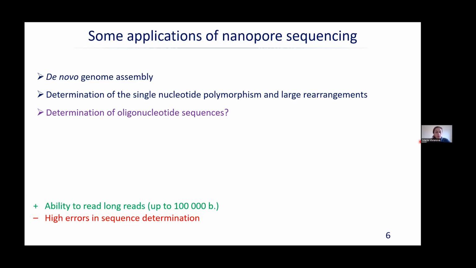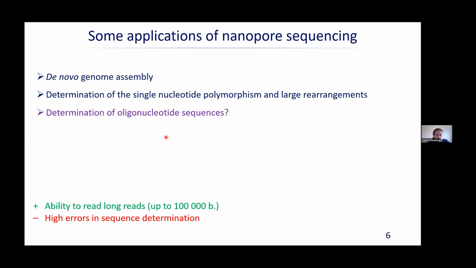Okay. So the main strong point is the ability to read long reads of maybe tens of thousands of bases, and PCR amplification is not required for this method. It's also, of course, really nice. But the drawback or the weak point is that there are quite high errors of sequence determination, but this can be overcome if you just have a large amount of sample DNA and can obtain large coverage at each